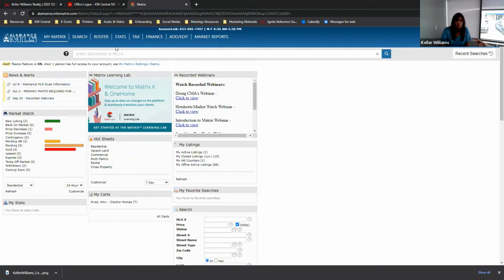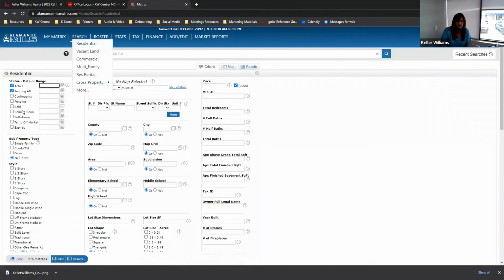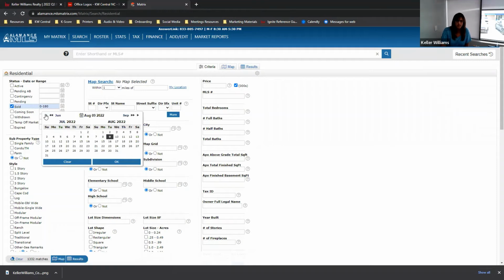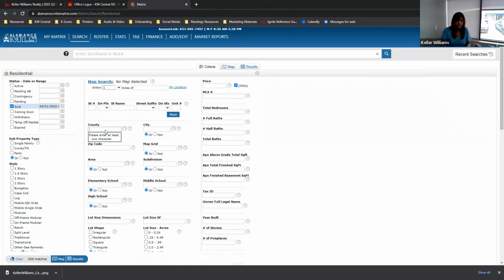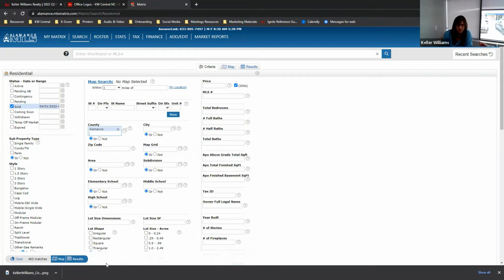I would just do solds and date it for the second quarter, which is April, May, June, to the end of June. And then, if I'm doing it for Alamance County, just put Alamance. And down here, you can see there are 463 homes sold in Alamance County second quarter.